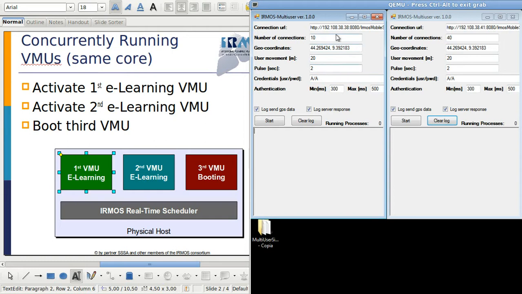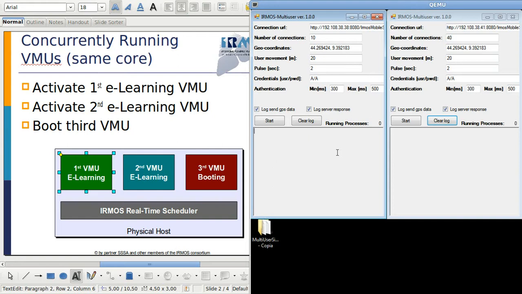In this client we are emulating the behavior of 10 users who move around a given GPS location, and these users will continuously submit requests to the server requesting information about the contents available in the neighborhood of their position. This way the users are updated in real time about the contents available around them, and they can stream their contents over their mobile phones. This is of course a simulator of users, but the application works also with the real client running on real mobile phones. So now what can we do here?